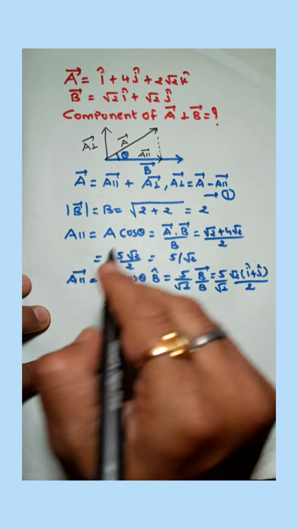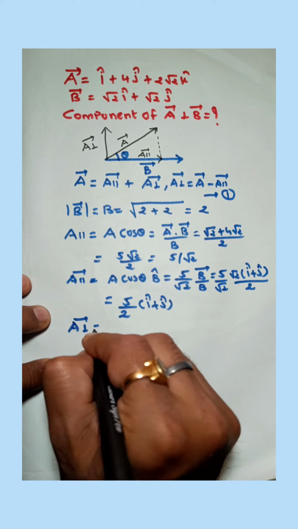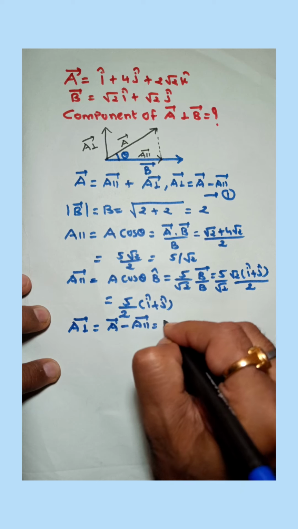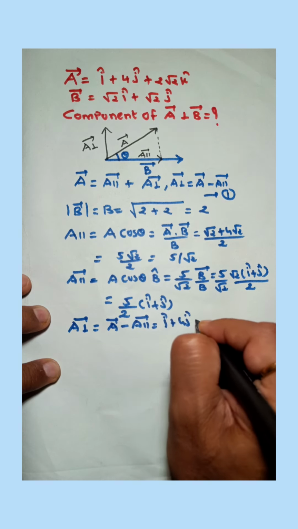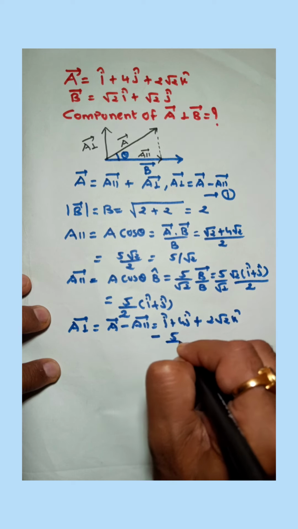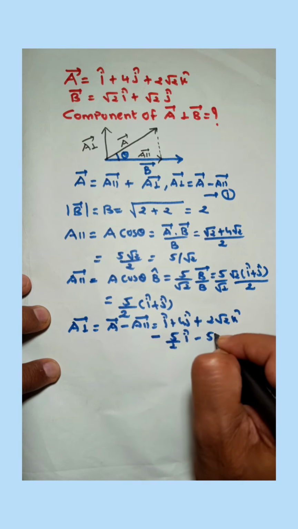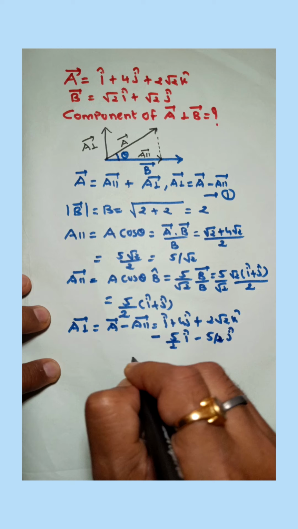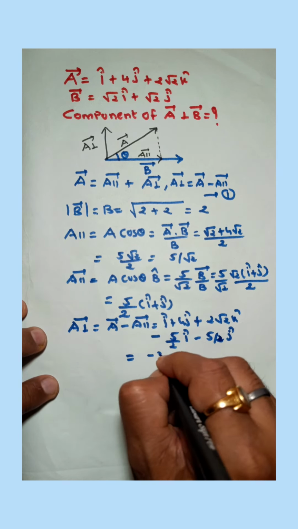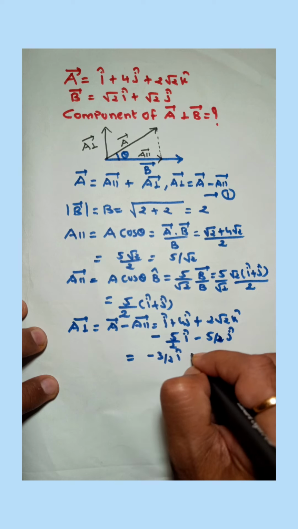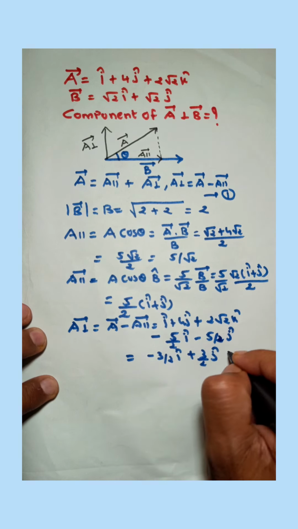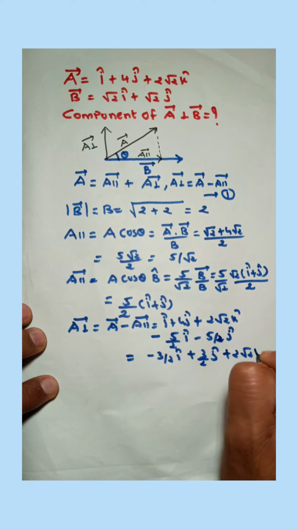Now from equation number 1, A perpendicular is equal to A vector minus A parallel. A vector is i plus 4j plus 2 root 2 k minus A parallel, 5 by 2 i minus 5 by 2 j. Now from the simplification, A perpendicular is equal to minus 3 by 2 i plus 3 by 2 j plus 2 root 2 k,